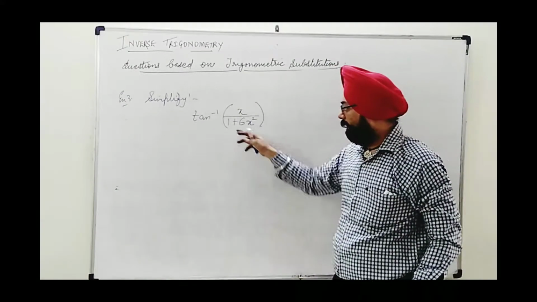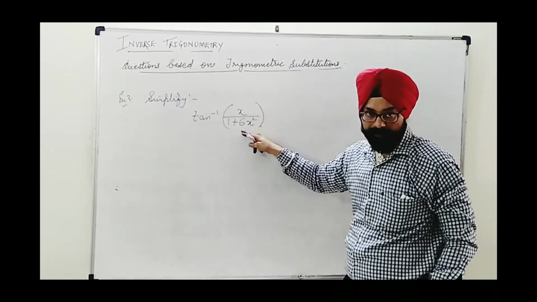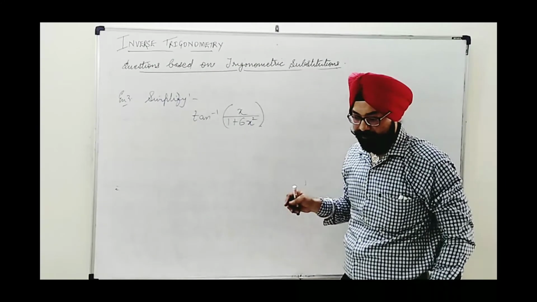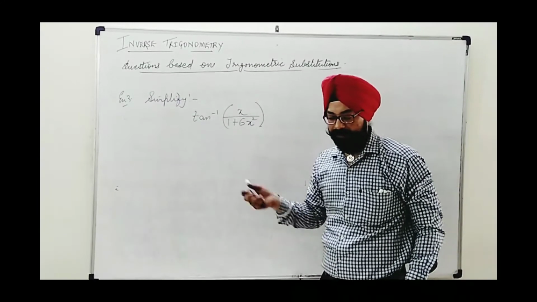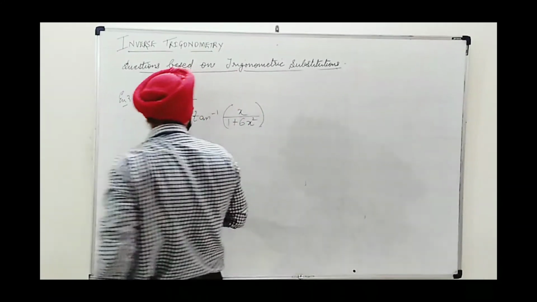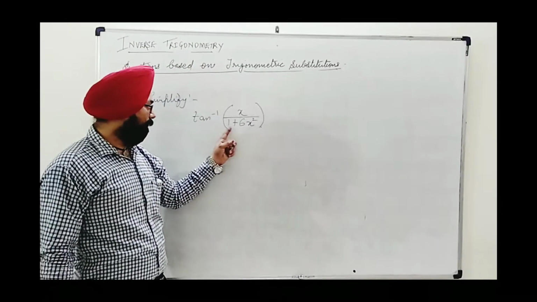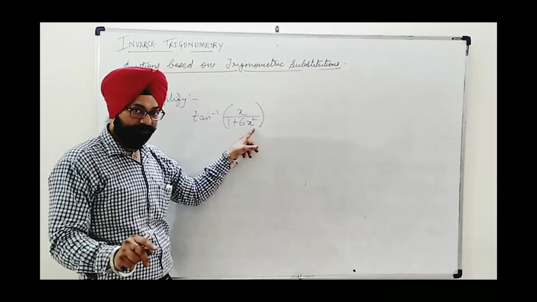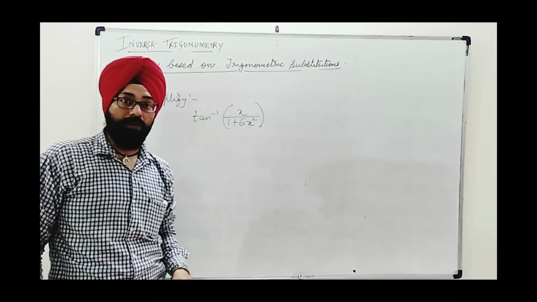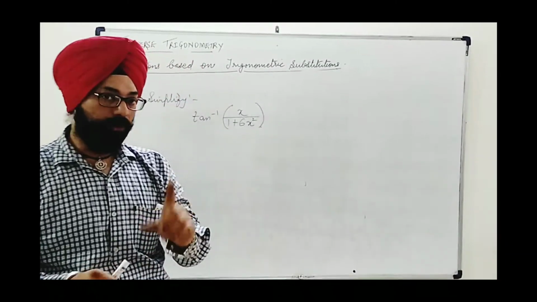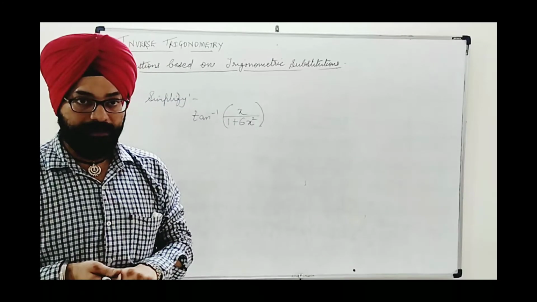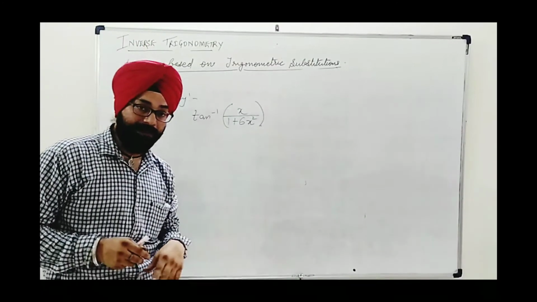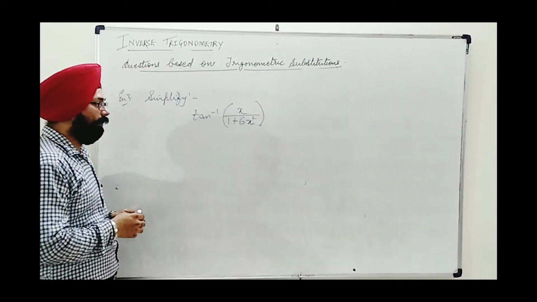In this example, we are having tan inverse x upon 1 plus 6x square, simplify. This belongs to a different category of equations. You see, here we are having 1 plus 6x square, not only x square. This is one thing, other it's even without square root. So substitution pattern for sure is not going to be applicable. Why I say this is a specific pattern and different one? See,